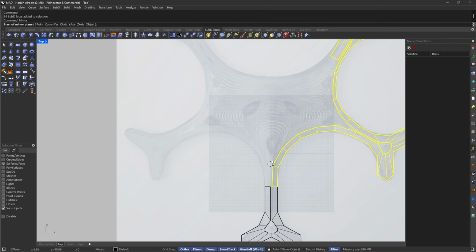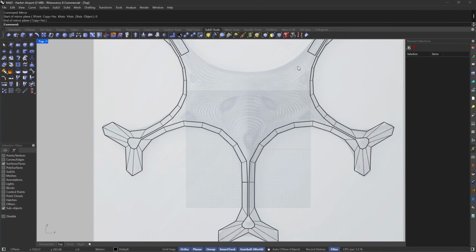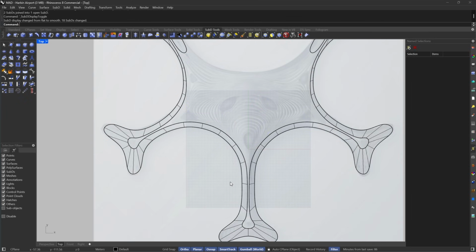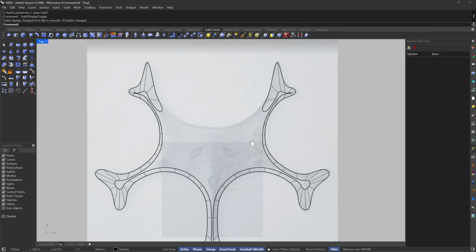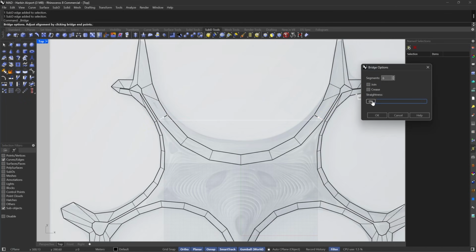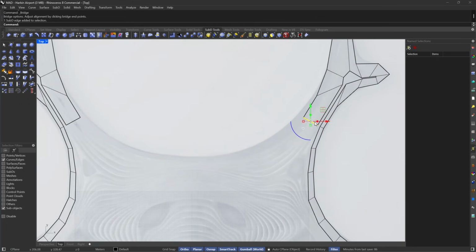Yes, and I'm going to mirror from the 0, make sure the copy is on, and make sure the ortho also is on, and then do something like this, and then join, select none, and then join smoothly, so you'll have something like this, which is really good. And I believe in this case you can just simply select something like this and then bridge, and maybe in this case you can lower this, or I believe these are too close, so maybe in this case I'm going to